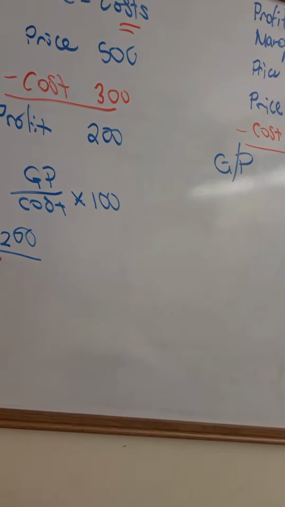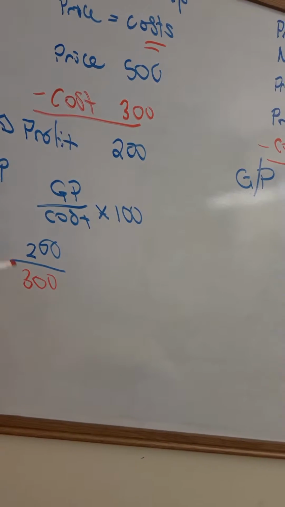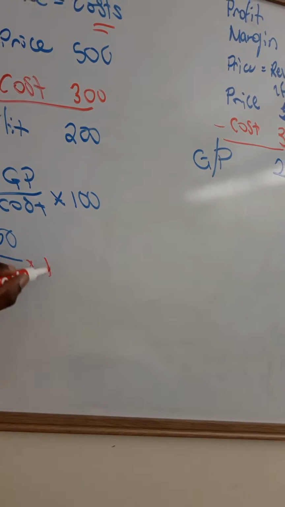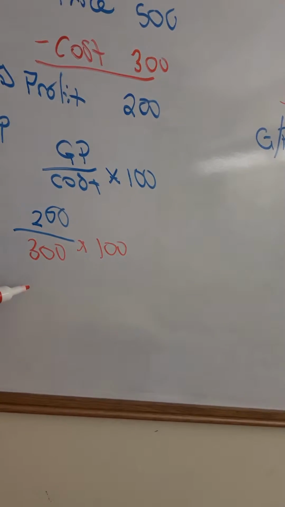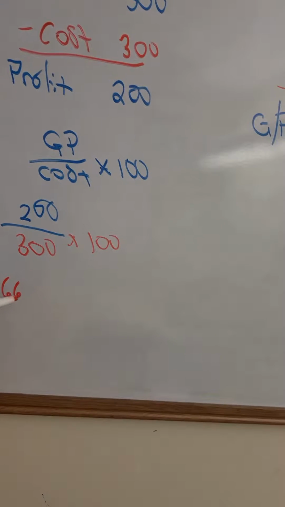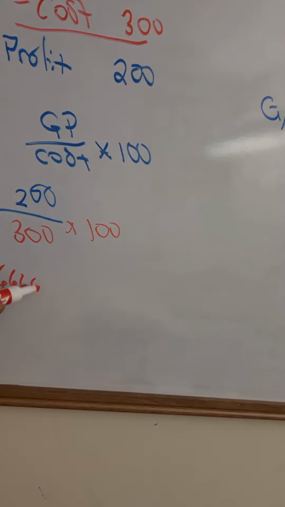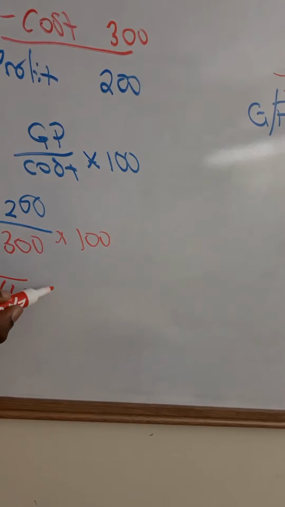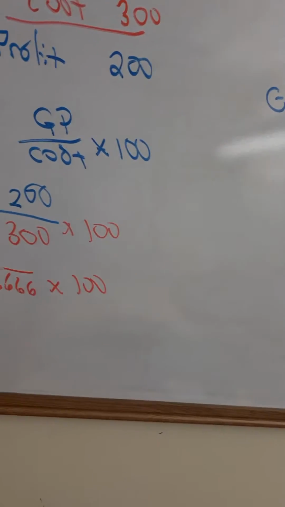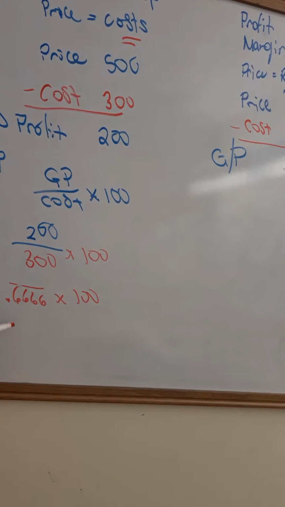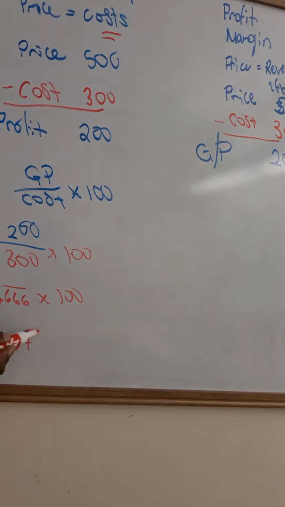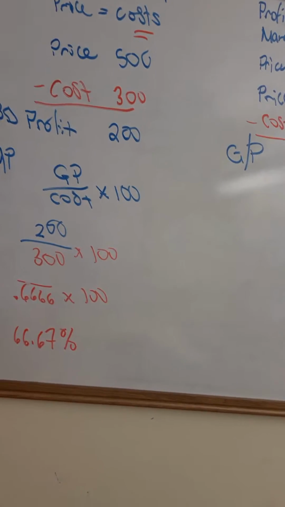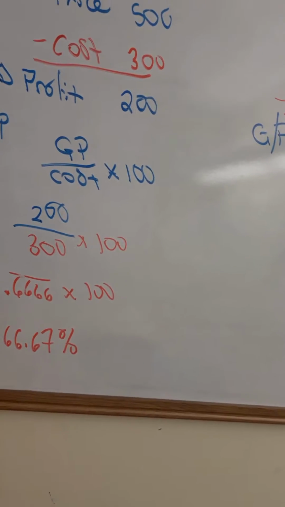So $300 times 100. And this will give us 66.666 all the way times 100. Or let's keep it simple and round it up. It's going to be 66.67%. And this is how much we mark up